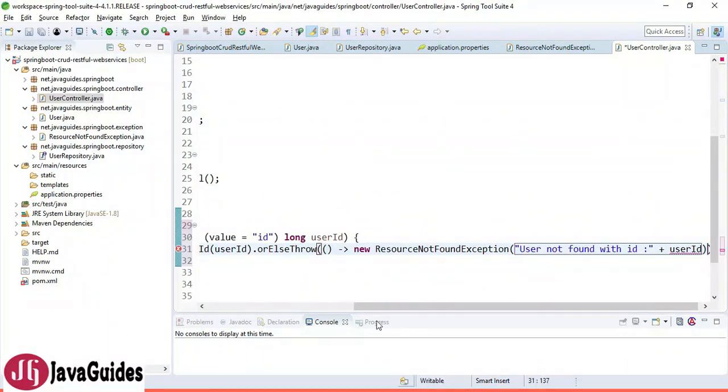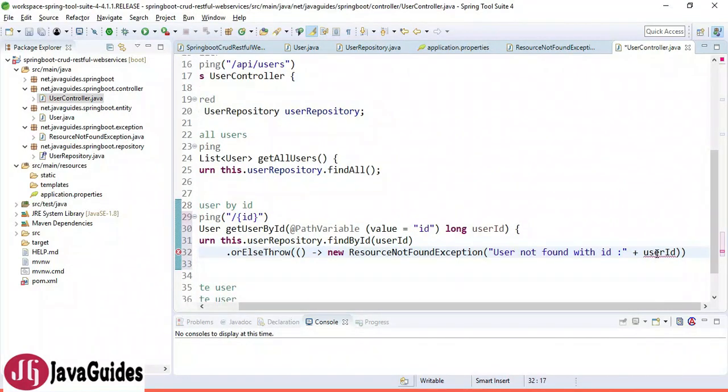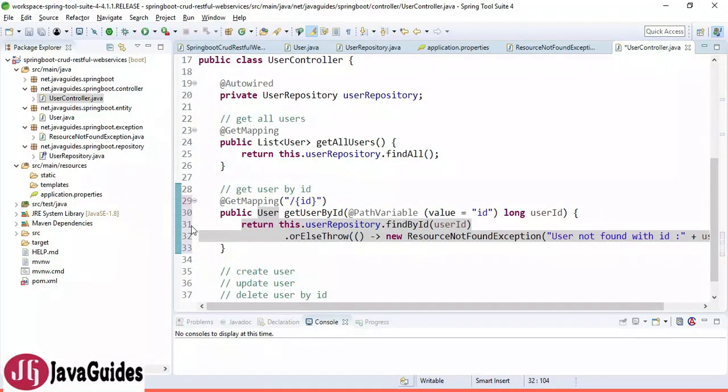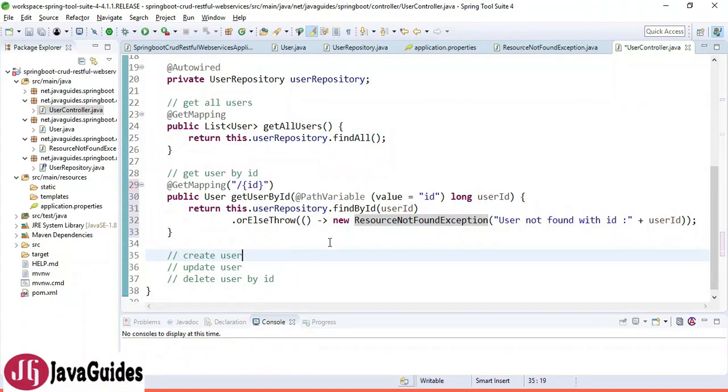Let me add a semicolon. That's it. So what we have done is retrieve a user object by ID, and if the user is not present in the database, then we throw an exception like ResourceNotFoundException. Pretty simple, right?